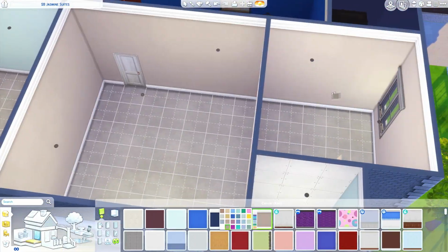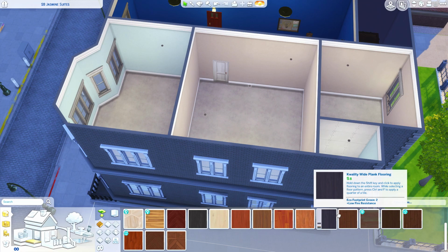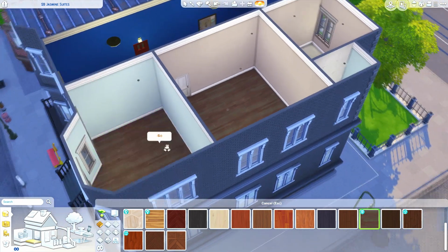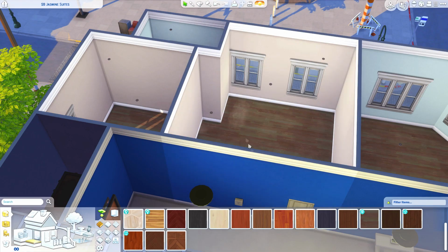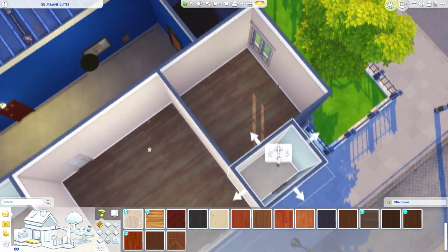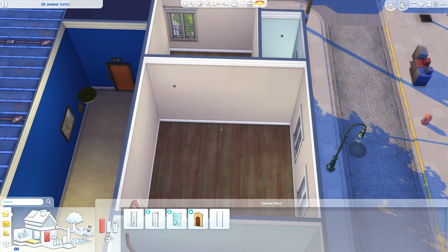So you may actually remember, but I have done an apartment renovation of this apartment 2B Jasmine Suites before. It was quite a long time ago now, and it was actually for my City Living LP, if anybody remembers that, with Vincent Wilder. That was a renovation for that particular LP. So it was kind of personalised, and I didn't really sort of change the floor plan up that much. It still had the two original bedrooms that the apartment actually comes with,